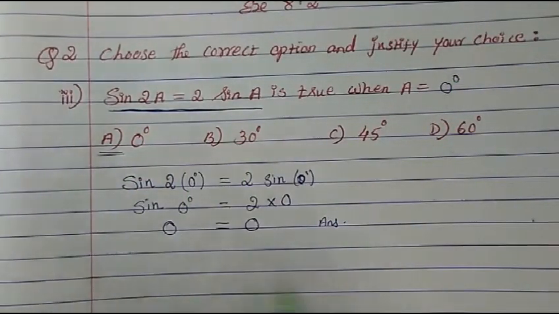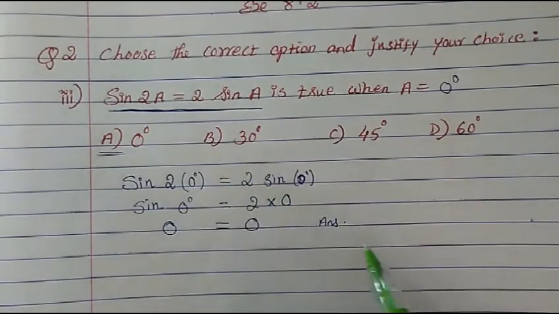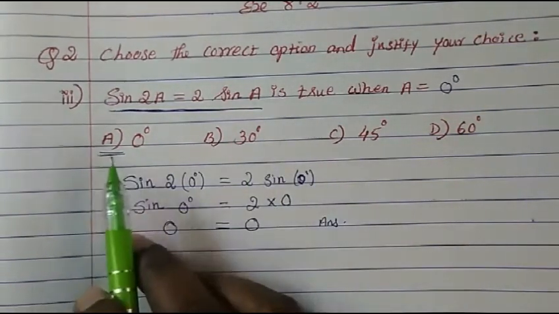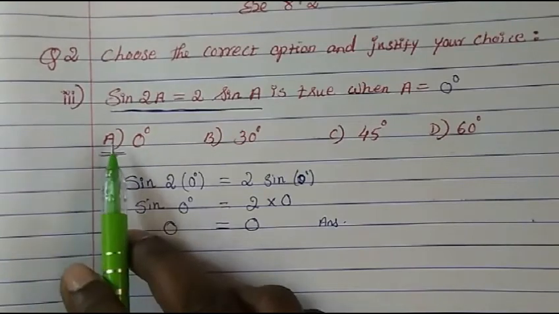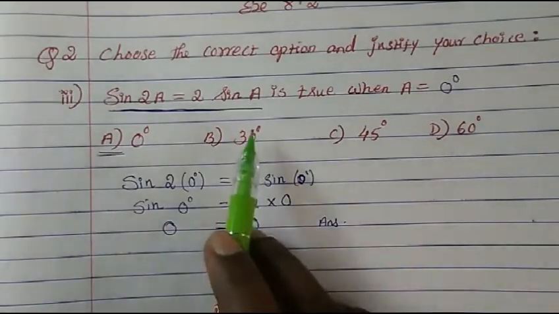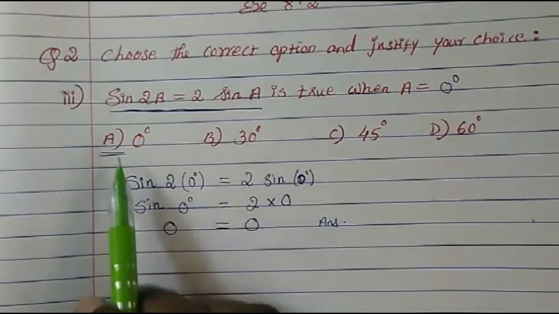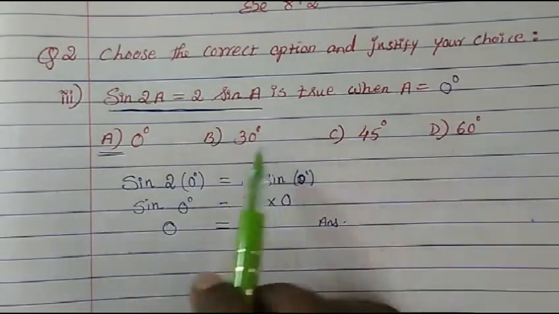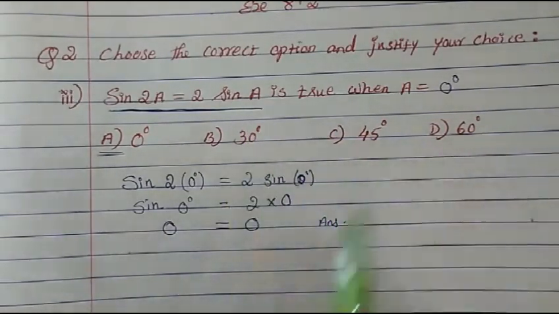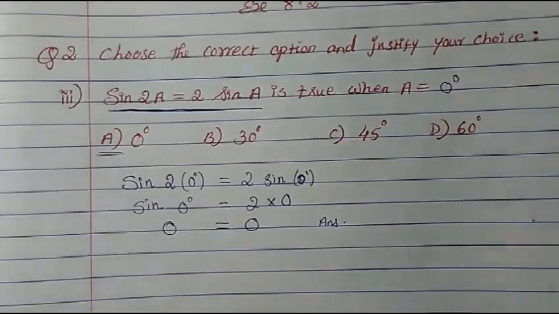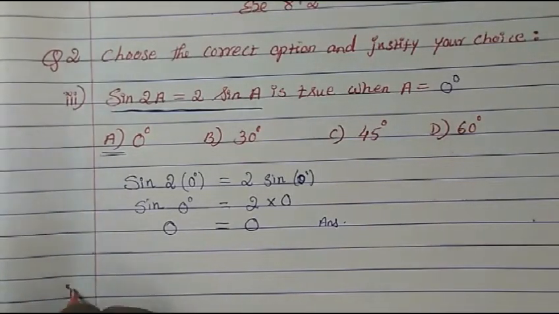Is it clear? Now if you want to check with 30, you can check it, because in the first attempt only we have got the correct answer. But if at all you don't get the correct answer, then you have to check with the second and third. Since we have already got the correct answer, we don't need to check now. But if you want to check, you can check it. Now let's see the fourth part of this sum.